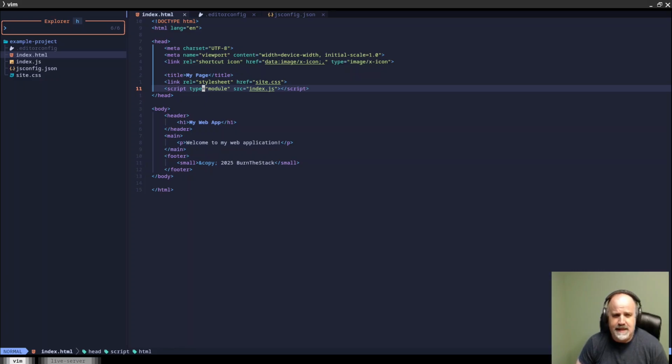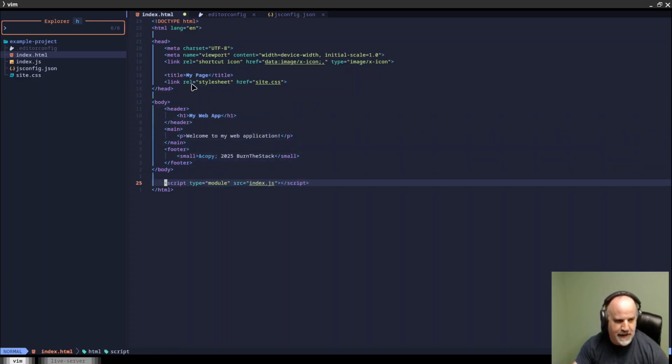There's a couple things that does, which I'll get into as we go on, but the main thing it does is it causes the script's evaluation to be deferred. So that means that even though we have the script tag up here in the head, where it was always originally supposed to go, the script will not get evaluated until the entire document is loaded. This saves us from having to do this old trick where we used to put our script tags way down here to make sure the whole body was loaded before they ran,